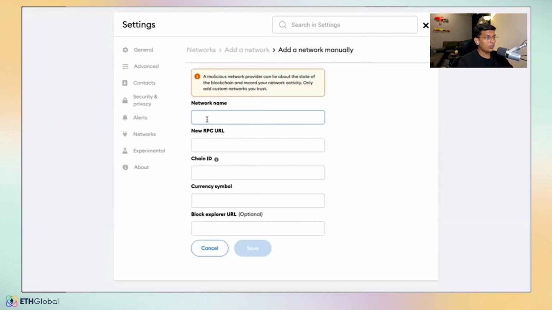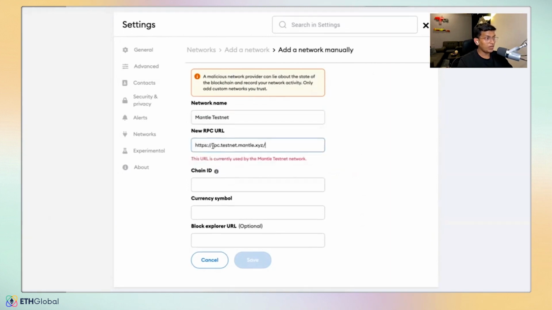Cool. I already have this information stored on my clipboard. I'll just copy and paste it from there. You'll also have access to the info that we're typing in. Just make sure to copy and paste it correctly, and try not to leave any spaces before starting the text. Yep. Once this is done, okay, it is saying that this URL is currently used by the